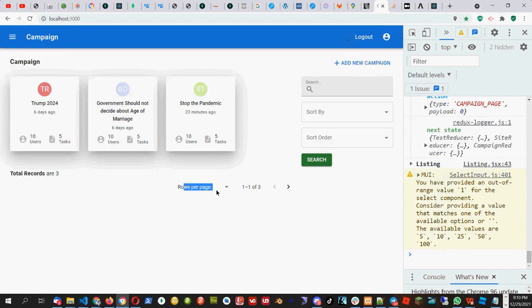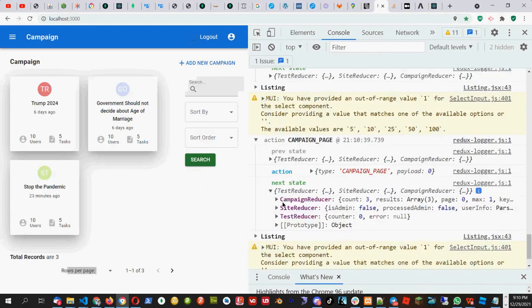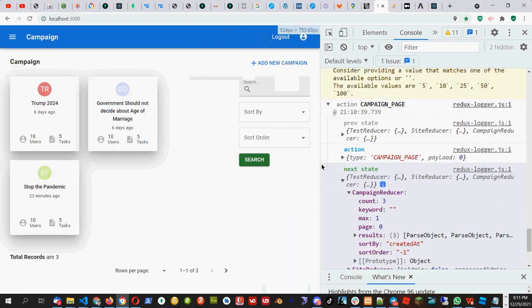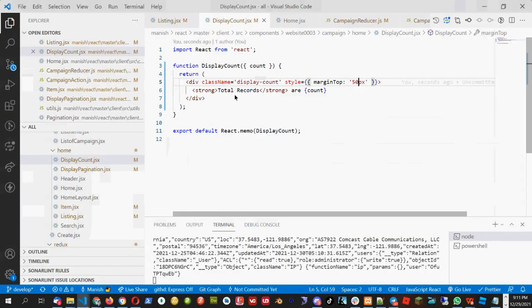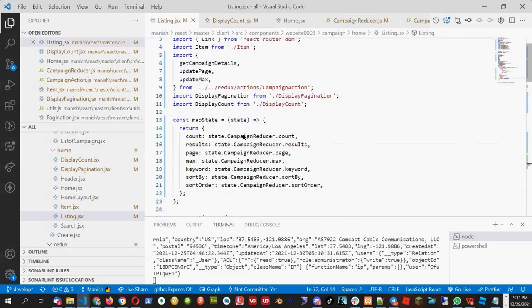Okay, so now how to do the pagination? We already know that in the campaign reducer, we have all the pagination details like page number, maximum, and all of the details are there. So we will grab these numbers in the state variable. Let me refresh how we did the pagination.